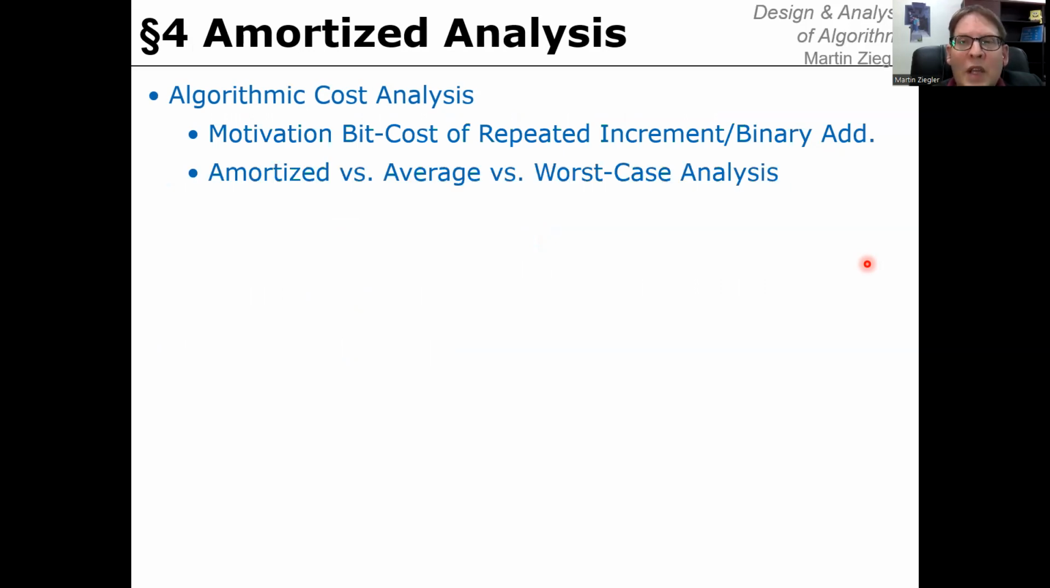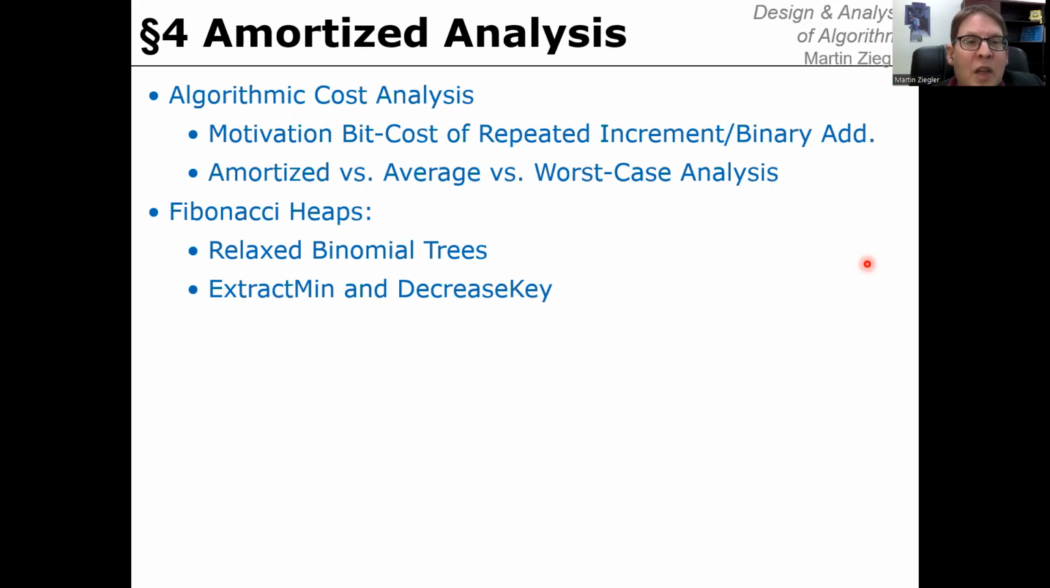We're going to emphasize the similarities and differences between amortized and average and actually expected case analysis. And we'll introduce a new data structure, Fibonacci heap, which is a kind of variant of binomial heaps, define what is a relaxed binomial tree, and the operations extract min and decrease key when implemented on a Fibonacci heap. Then we'll analyze the Fibonacci heap in the amortized setting,